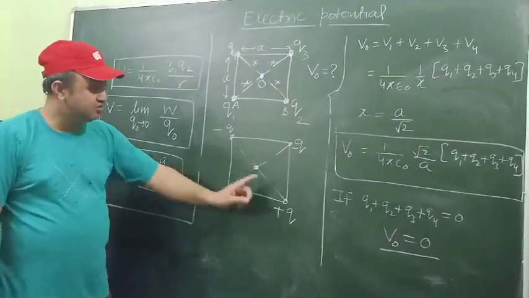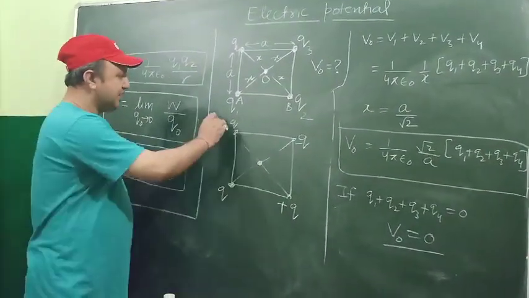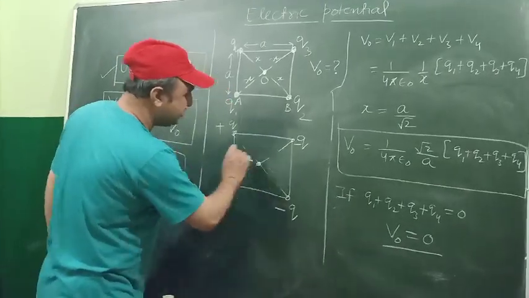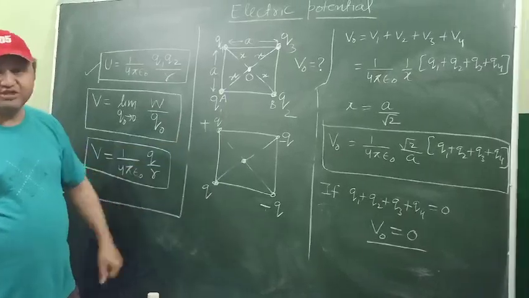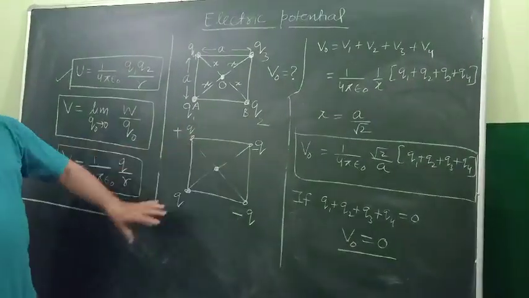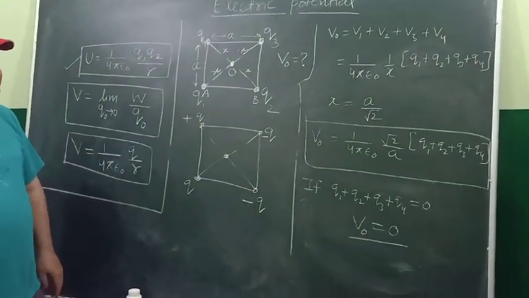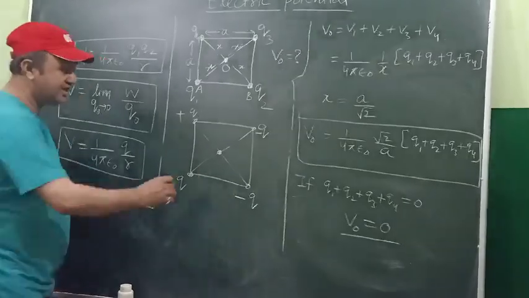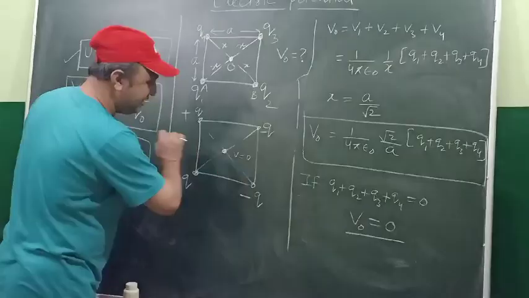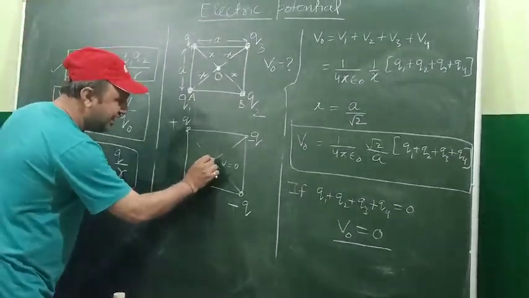If I flip these two charges, this becomes plus, this becomes minus, what is the potential? It remains 0. So right now in this system, the distribution of charge is not altering the potential at point A. But there is an interesting thing also to be noted. Potential at this point is 0 at the moment. If I ask you what is the electric field at this point,